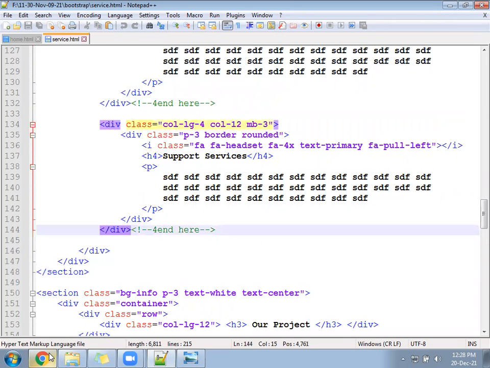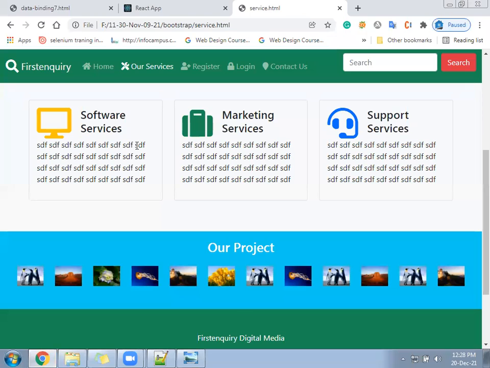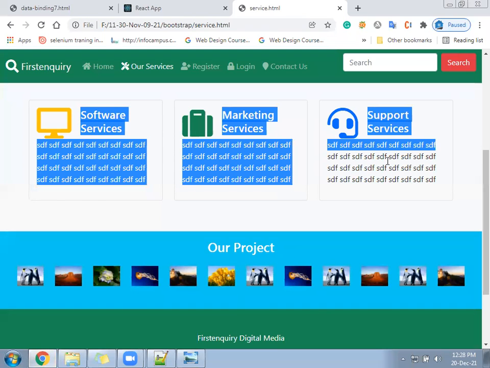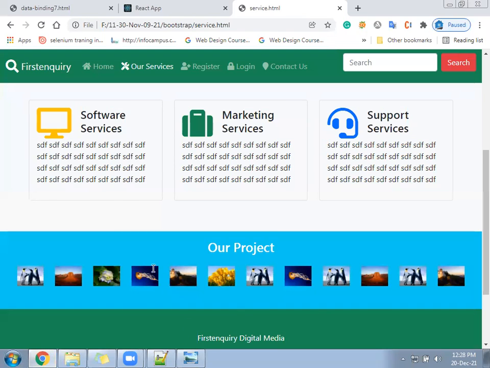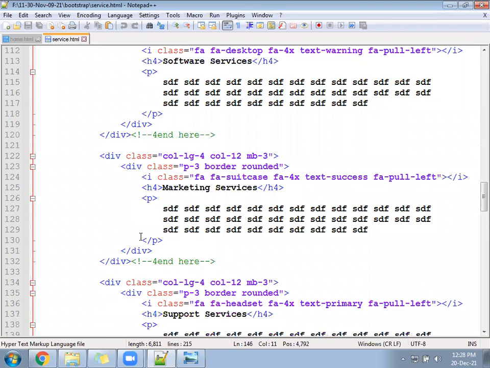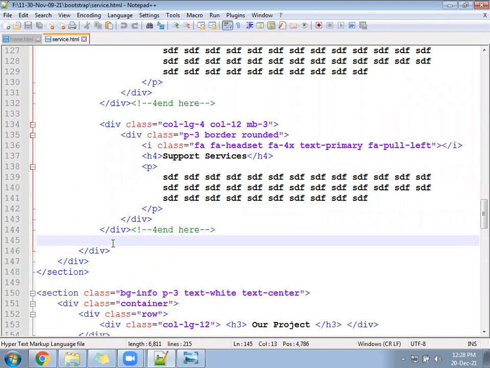Inside you have followed 3 rows, 3 columns, 4, 4, 4. Now create one more row within the bg-light section. Here in this section we have no white block. Inside, create one more row at the last. So now you need to find out where your row starts and where the row is ending.